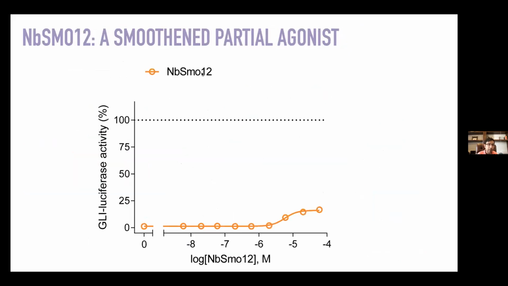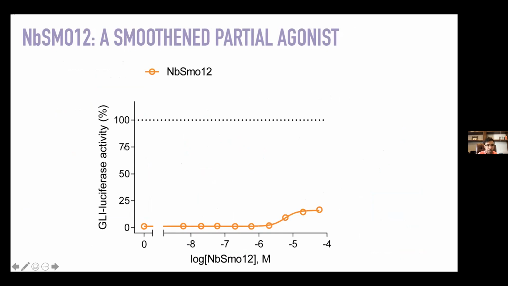And this is a pretty curious nanobody. We call it nanobody SMOOTHENED 12. And what's really unique about this nanobody is that it's actually a partial agonist of the pathway. This is pretty rare. It turns out that finding antibody modulators or signaling modulators of G protein coupled receptors remains a pretty challenging feat. And what Ishan has found is that this nanobody can, on its own, very weakly turn